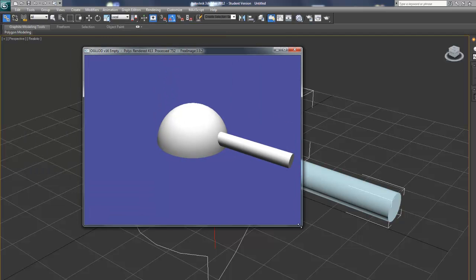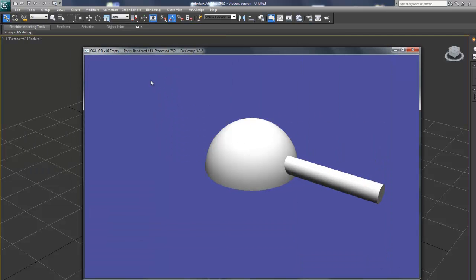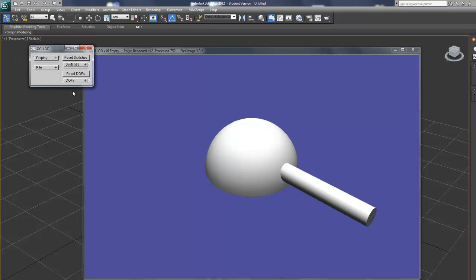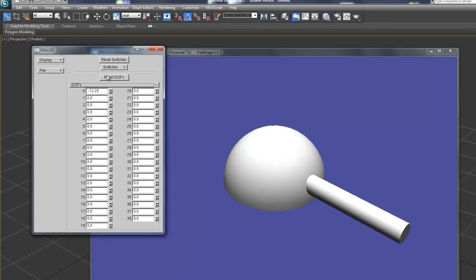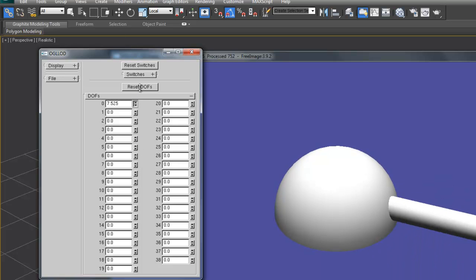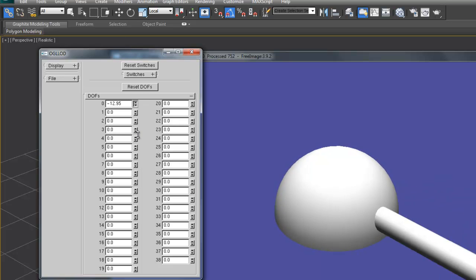Now, to view the rotation in the OpenGL viewer, you can do it two ways. First of all, you can press the spacebar, which brings up the little helper panel, open up the DOF panel, and then you can use this spinner control to alter the angle that the DOF rotates to. Alternatively,